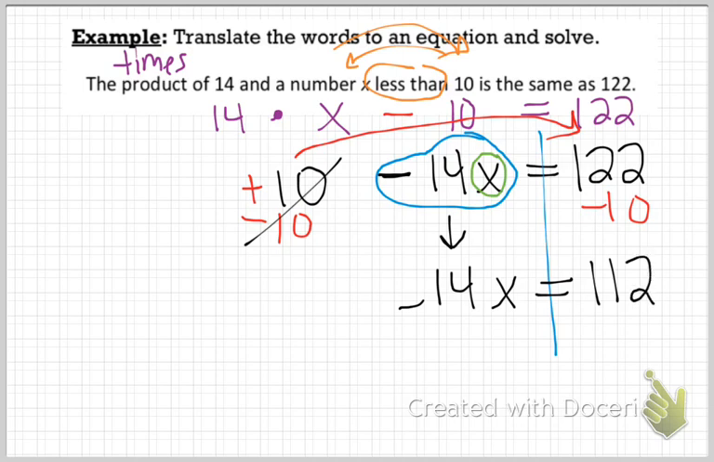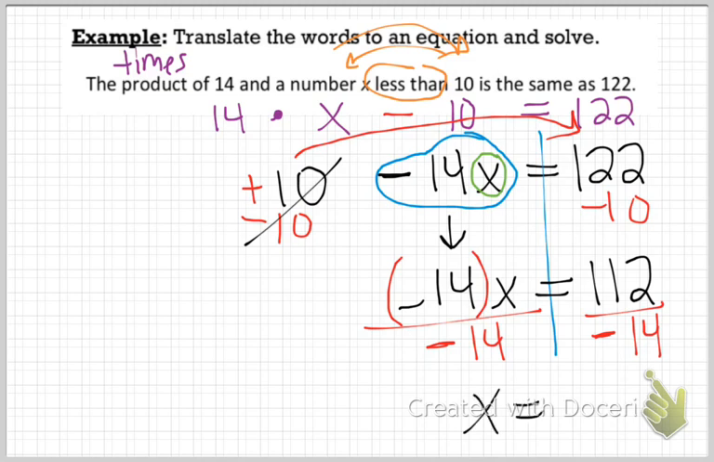Let me check. Then we have this part here with the x. You need to remember that these two are multiplying. So how do you get rid of something that's multiplying? I'm going to put parentheses around it so I know, oh, it's multiplying. The inverse is to divide. Now, don't make the mistake and divide by 14 and completely ignore the negative. So that's a negative 14 divided by negative 14. And we get that our answer is